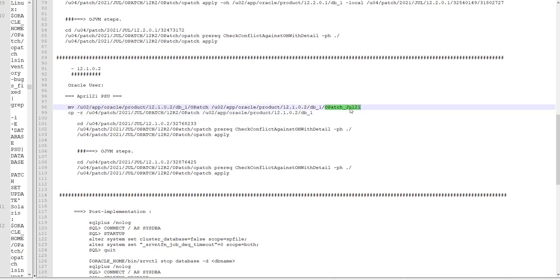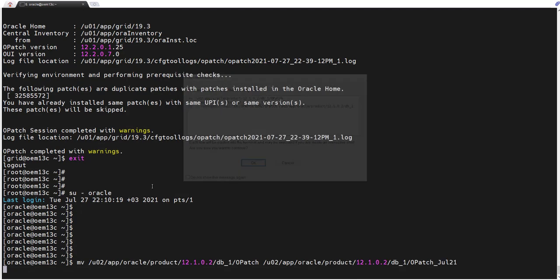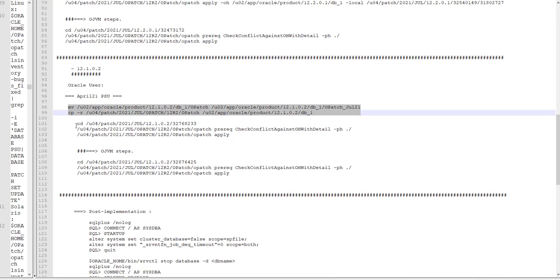I will rename the old OPatch with July, and then I will copy the new OPatch to the Oracle Home. Let's copy this. Come here, enter.